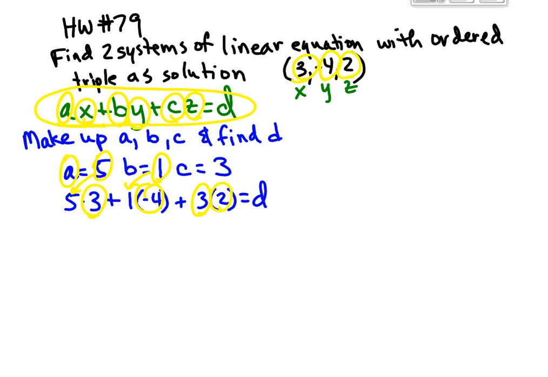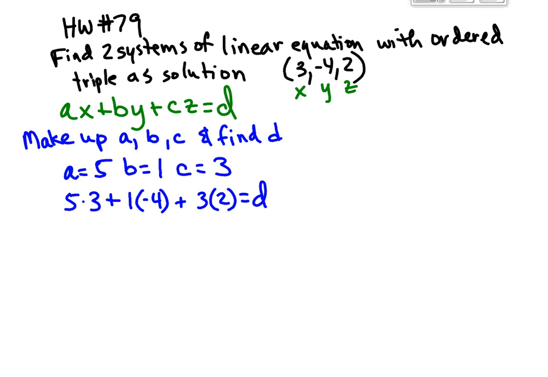So really, if I do that, I have x, y, and z, I have a, b, and c, and then it's very easy for me to get d. Let me get rid of all that yellow. And then just figuring that out, I get 15 minus 4 plus 6 is D, so 17